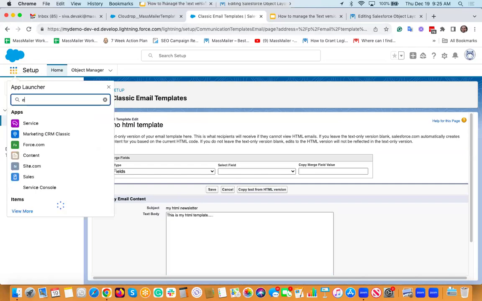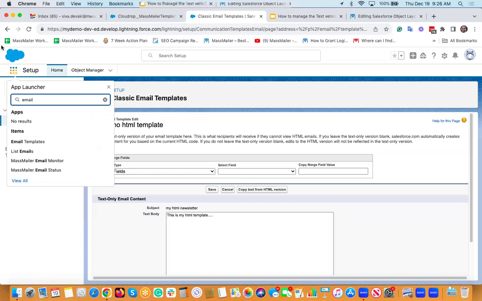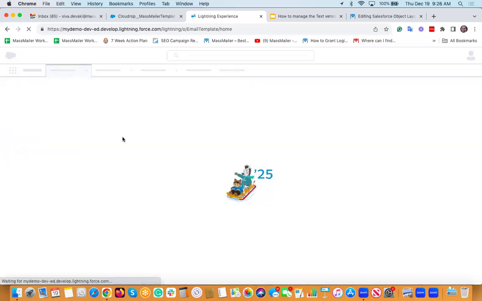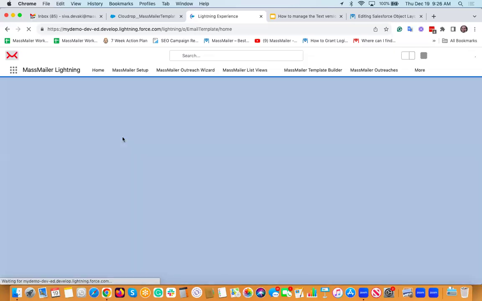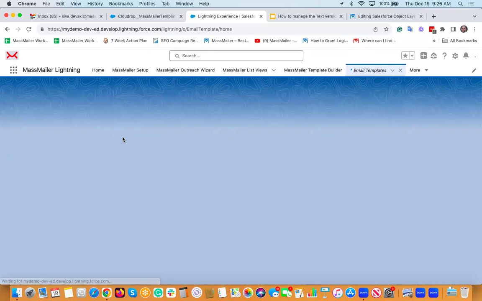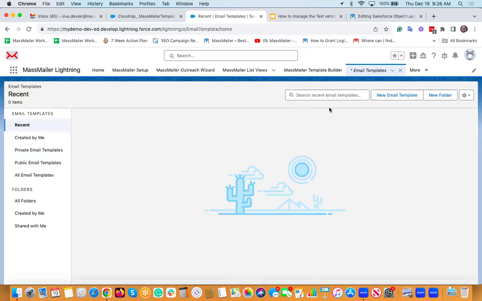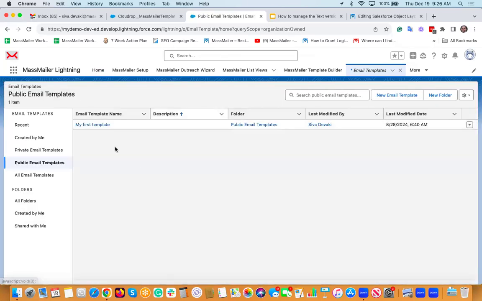And let's take a look at your Lightning templates. I think it's called email. So you'll have to go to the app launcher and then type in email templates, and you can find that email templates option. And that's nothing but your classic, Lightning. And here again, quite simple. All you have to do is, once you have your folder, wherever you want to create that template,